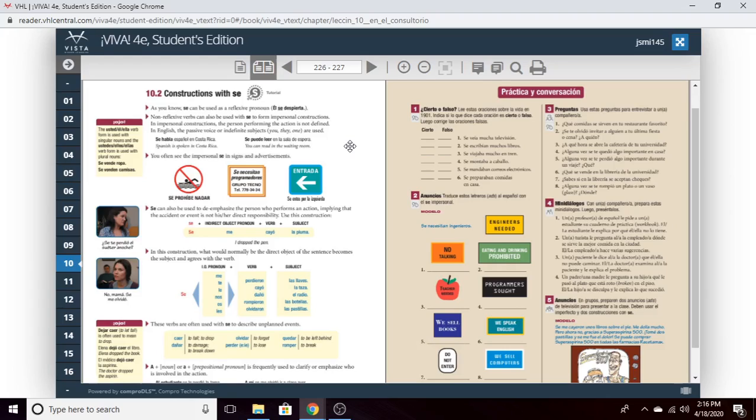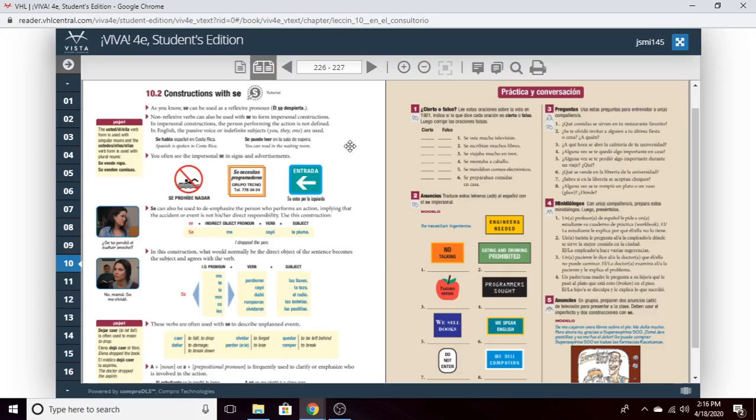For example, if I go, what do they speak in Peru? Well, who's they? What I really mean is like, what is spoken? What is done in a laboratory? That's a construction that we would use. The construction is se plus the third-person singular form of the verb, or the third-person plural of the verb, depending on what is done. It's a really easy thing.